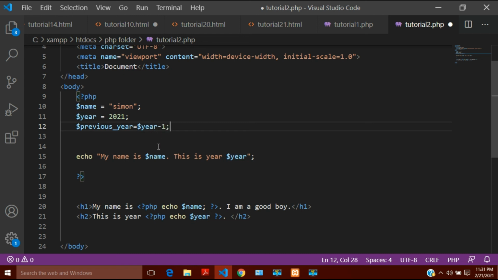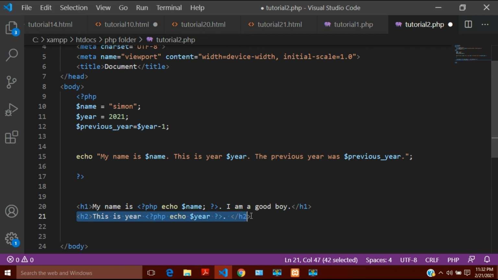So this is how I can do it. And if I want to show it here, then I can show it like this. I will copy it, and here I will make another one.